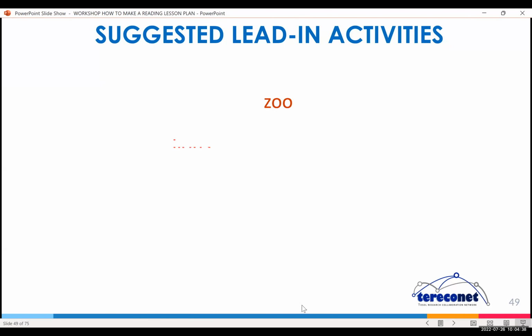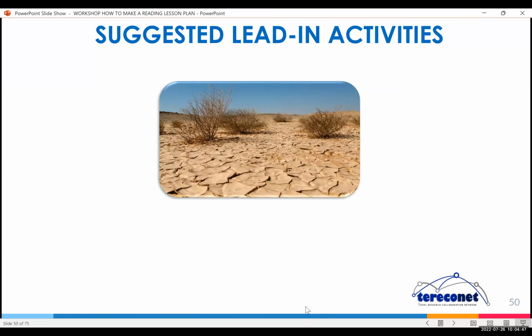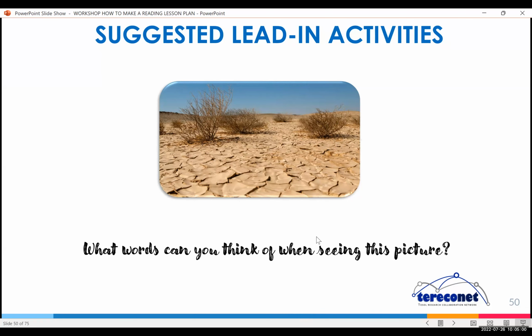Okay, you can also use words, like your friend just mentioned in our activity, to ask your students to guess the topic of the lesson on that day. Also, you can ask them to take turns to work on the vocabulary background. Like here, I show the picture and I ask them to write down as many words as possible about the picture that they can think of. And I give them 1 minute to write. After 1 minute,